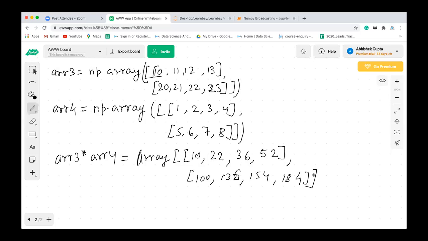Similarly, if you take a three-dimensional array, then element-by-element multiplication will happen. So what observation we can make from here is, if you have two arrays of the same shape, then you will be able to perform the arithmetic operation on those arrays.